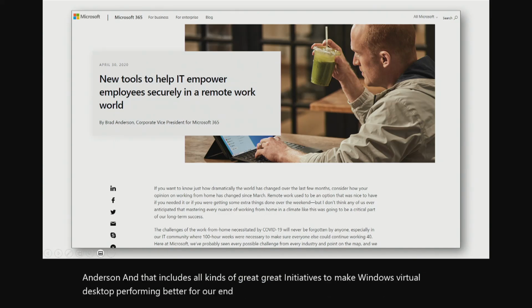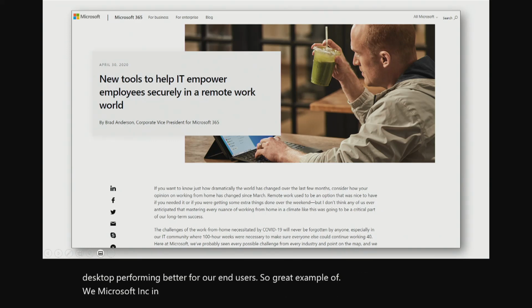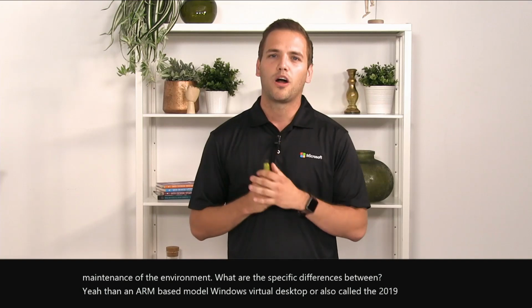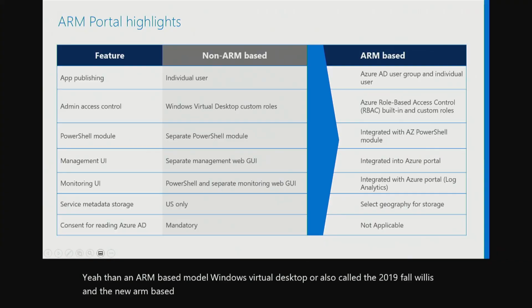So a great example of Microsoft thinking of the customer, to enable customers to better work in a virtualized environment, as well as on the admin side, to do the management and the maintenance of the environment. So what are the specific differences between the non-ARM based model of Windows Virtual Desktop, also called the 2019 fall release, and the new ARM-based model, also called, as part of that blog article that I just explained,